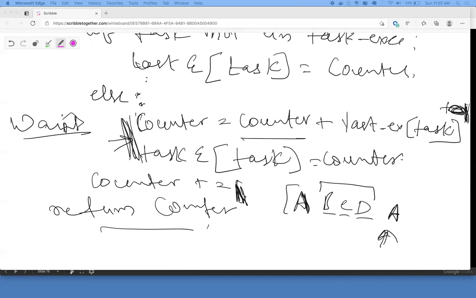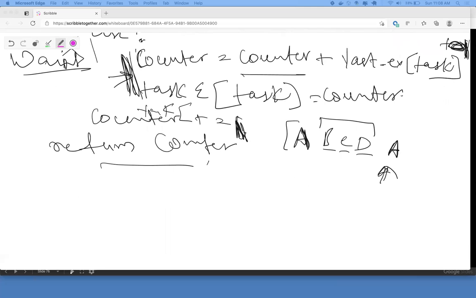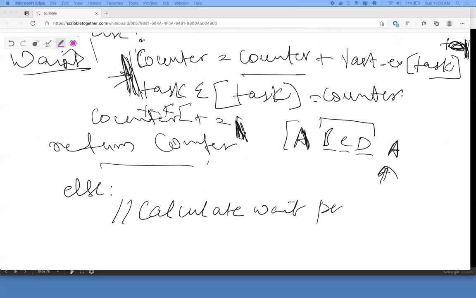So this is what we are going to calculate, and at the end of this else branch we are going to make task executed position like counter plus wait. You're going to set the counter equal to counter plus wait. Let's say we calculate only the wait period.